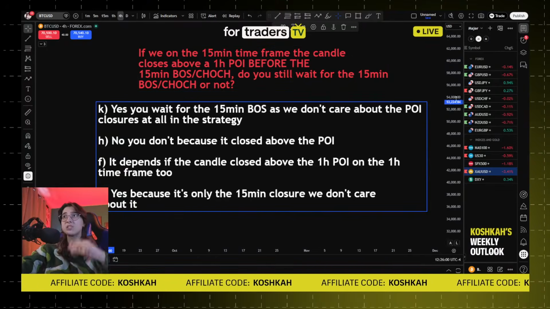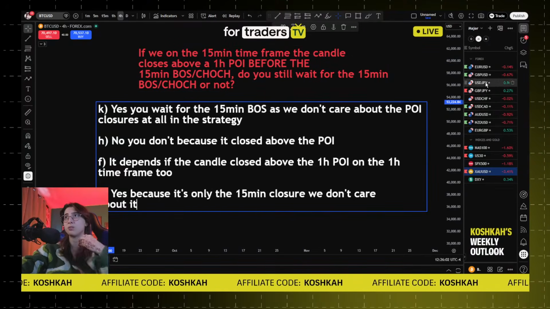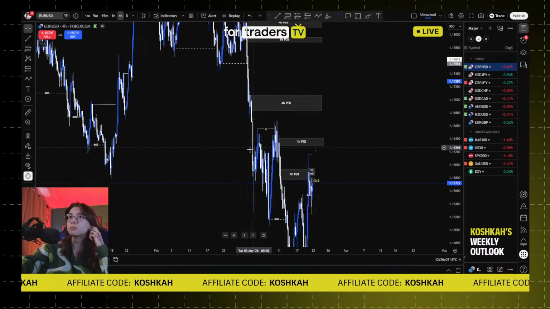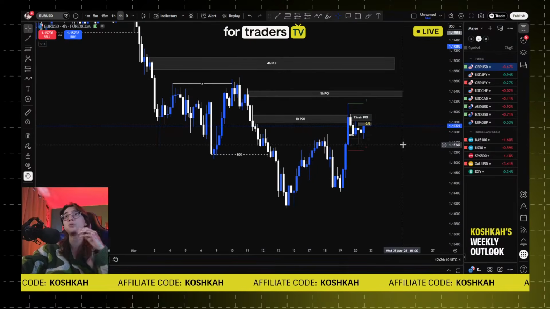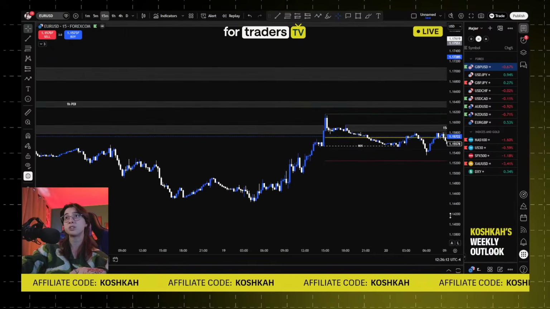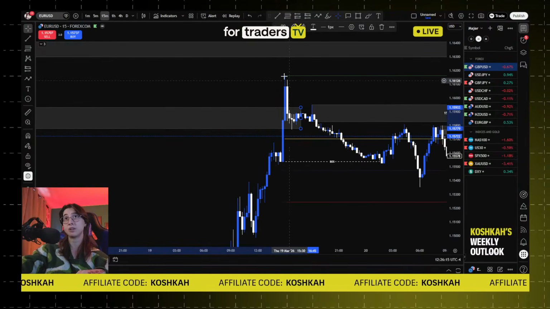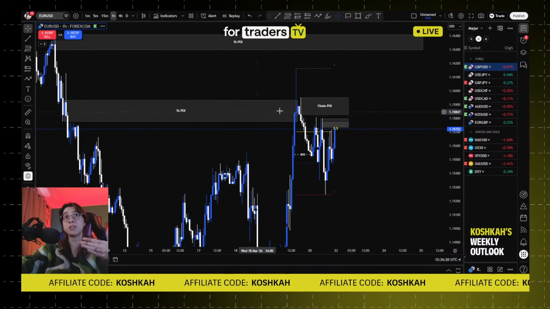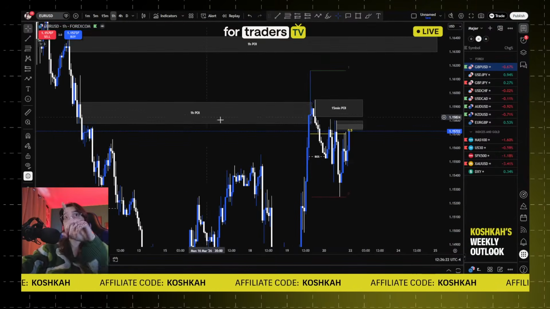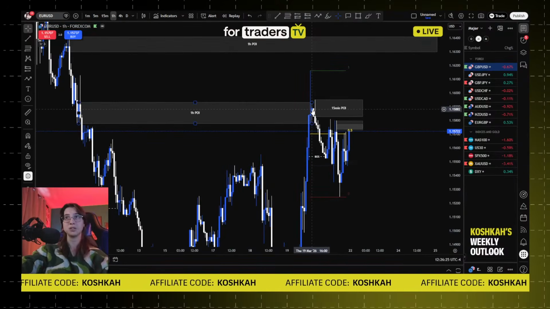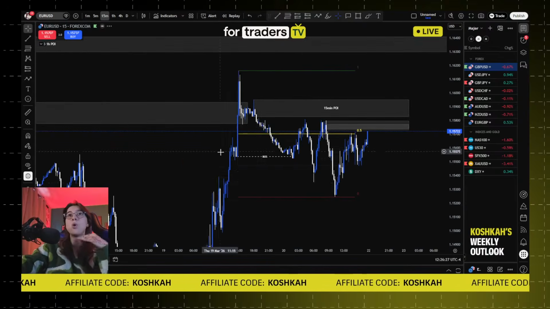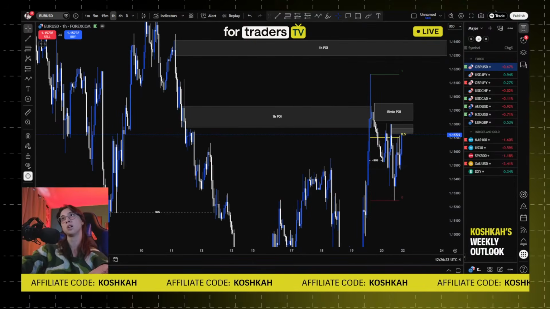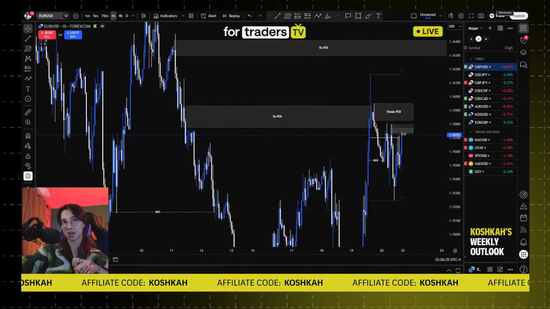You don't know. This is the exact thing that happened on USDJPY or on Euro, I don't remember, but it's the exact same thing that happened on Euro USD. If you go on the 15 minutes, it closed above the 1 hour POI. But it's the 15-minute, and this is the 1 hour POI. So you need to go on the same time frame that the POI is to verify. Then you verify, oh, it closed inside, it's fine, you take the trade. By always staying on the 15-minute, you don't know. You always need to go on the 1 hour and verify. That's why the right answer was F.